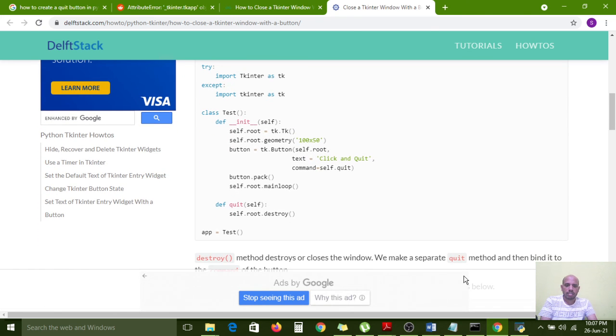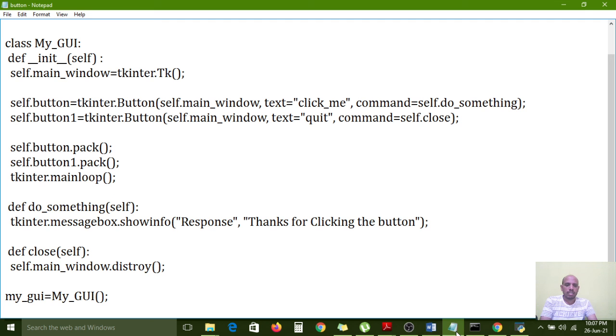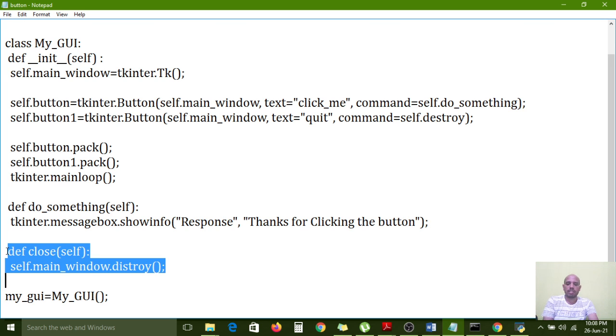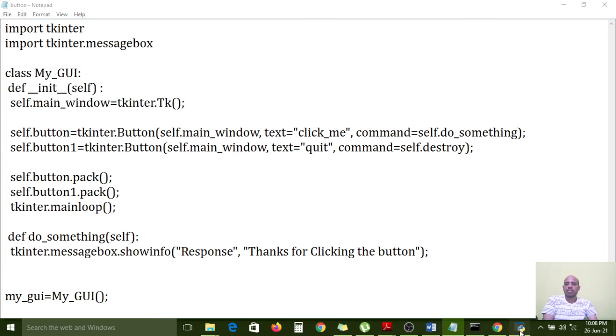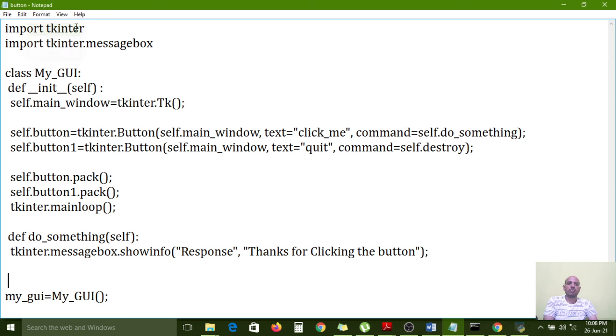self.quit, self.root.destroy. Sorry. Right, self.destroy. Right. Now it will execute. Here this method is not required. The spelling is wrong actually; we gave a spelling mistake. The self.destroy method we can give to close the window. Now I am closing this one.